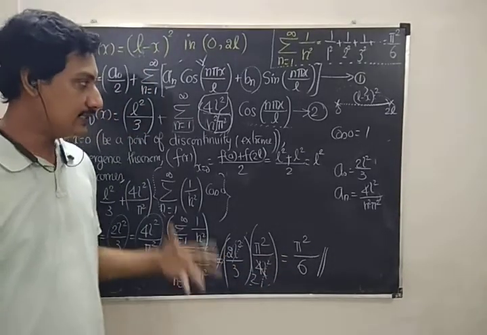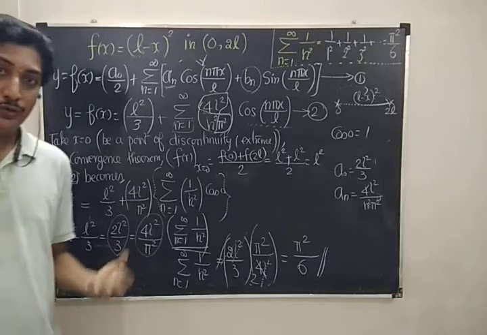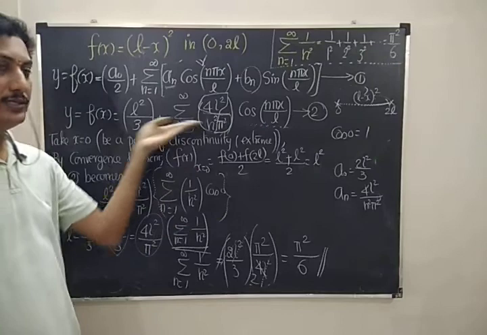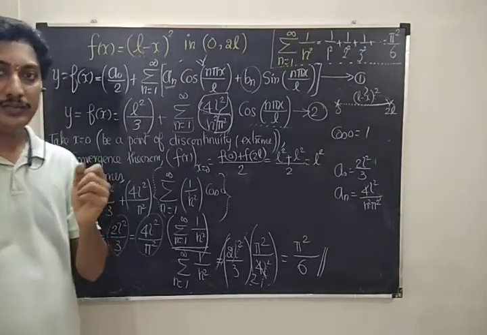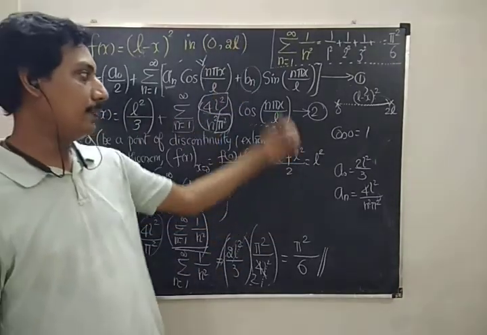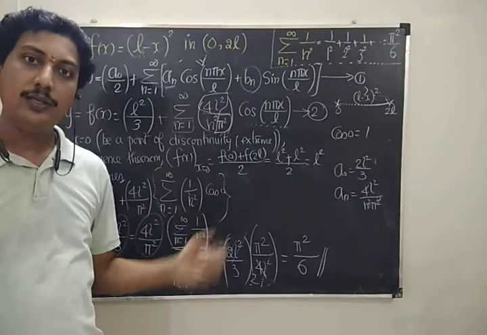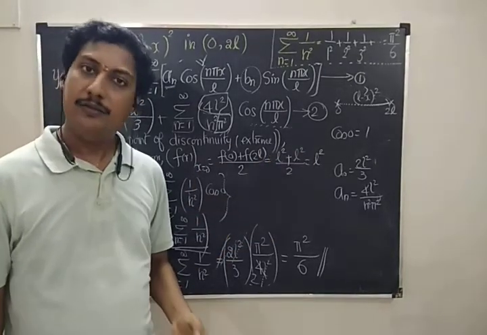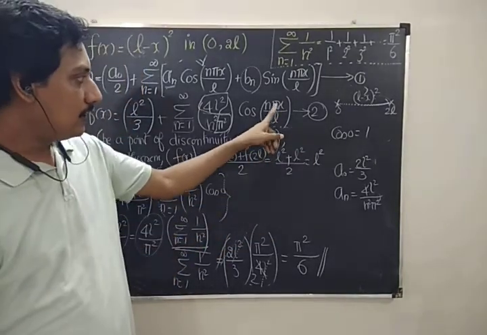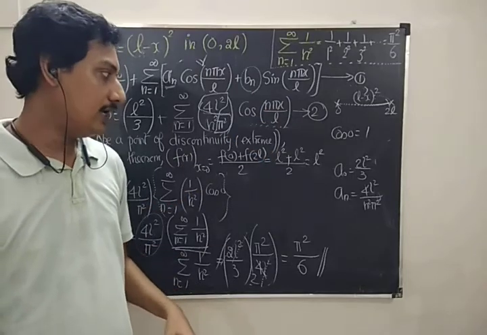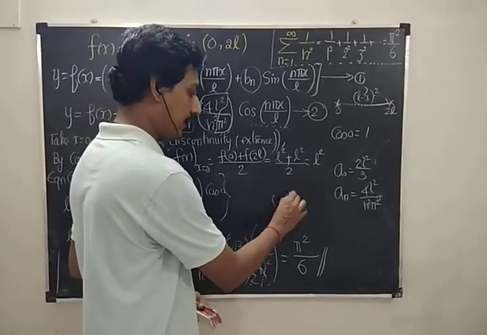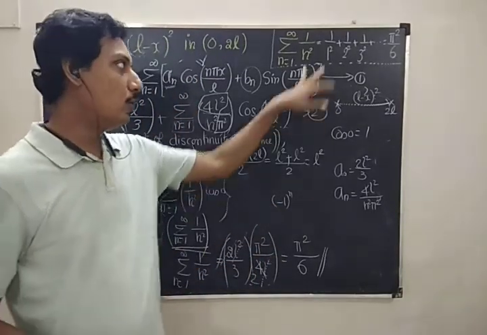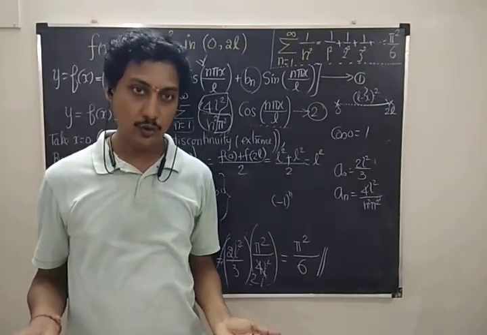Got it? So this is the way to attack or to deduce the given infinite series with the help of the Fourier series expansion. Choosing the value of x is very, very important. Let us see the interval, see the Fourier series terms, then we can pick the values. Can you choose x equal to L? You can choose x equal to L. What happens then? Cos n pi. What's the cos n pi? Cos n pi value is minus 1 whole power n. It will generate plus and minus. But my requirement is only the positive series. That's why I don't choose x equal to L.